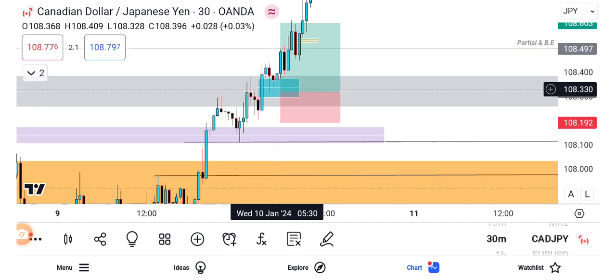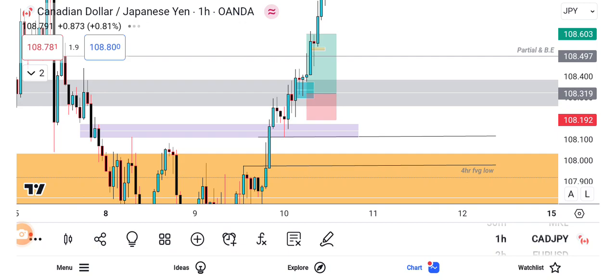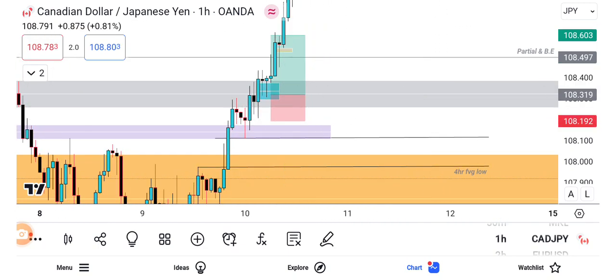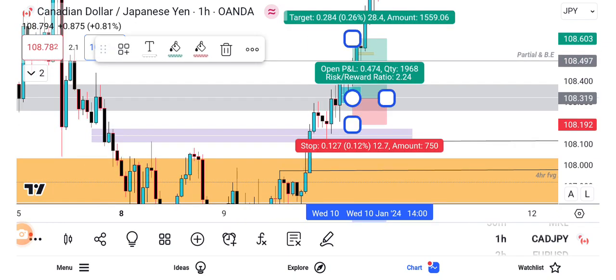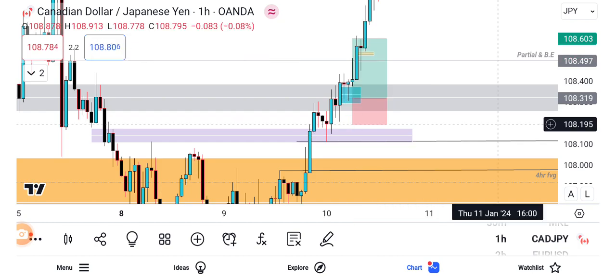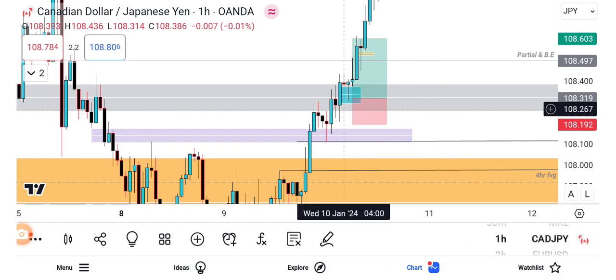Then you can see the price action. Of course, my 1 to 2, as you can see, I can see my 1 to 2 there. It's a 2.24. Yeah, it's a 1 to 2, so I was targeting my 1 to 2. Then we can see my stop loss, and because everything to me was balanced here, and